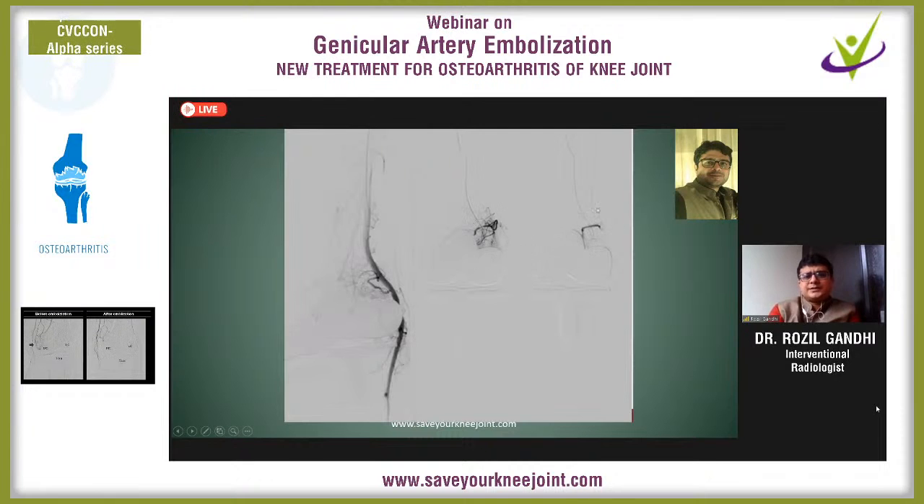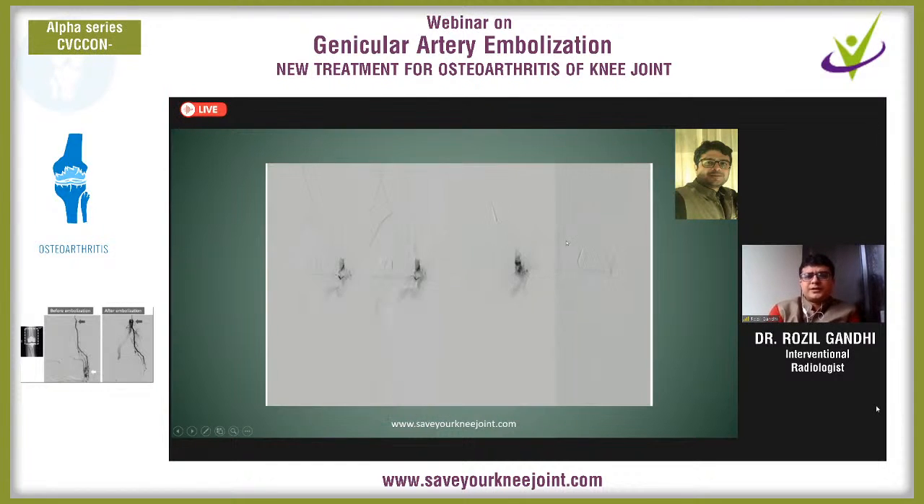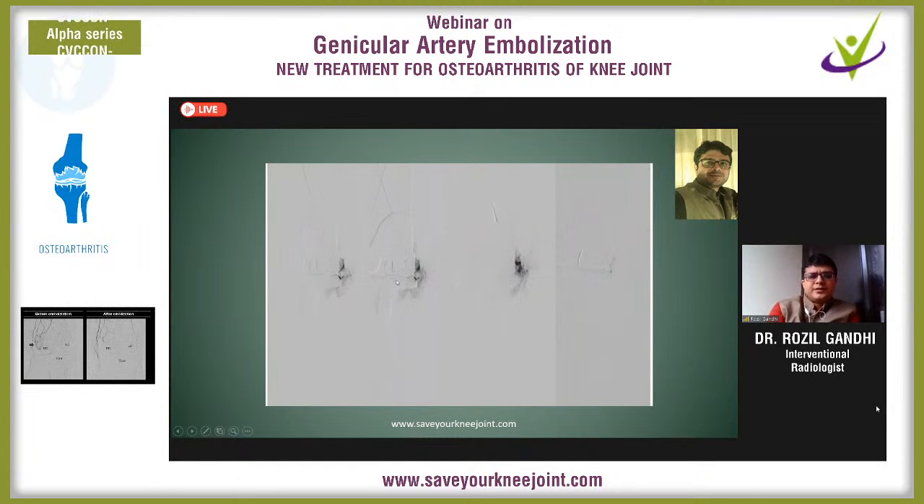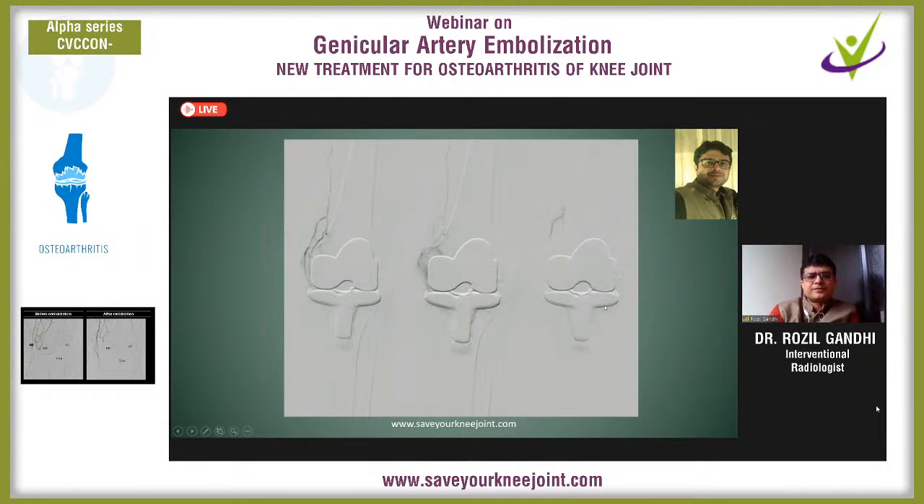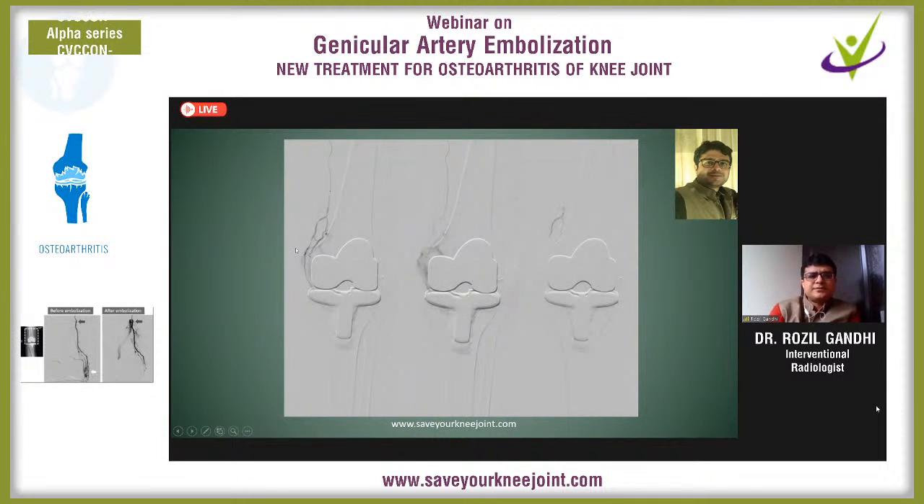This is pre-embolization. This is post-embolization. The main trunk of the artery is patent while the blush has gone. So the blush is embolized. Similarly, other images showing pre-embolization and post-embolization images. Descending genicular, you can see mild blush,